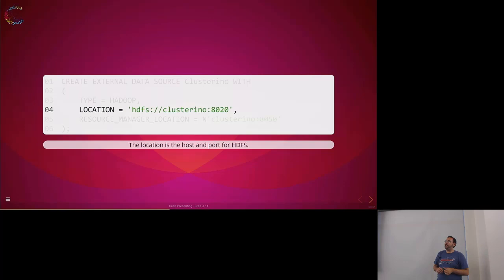The location. Where does the data actually live? It doesn't live in SQL Server or in my SQL Server. It lives somewhere else. It's an external source. So here, the data lives on Clusterino, in my cluster. You can get to it via port 8020 over the HDFS protocol. So over on the name node, I have exposed port 8020, and that's how I can connect in and grab